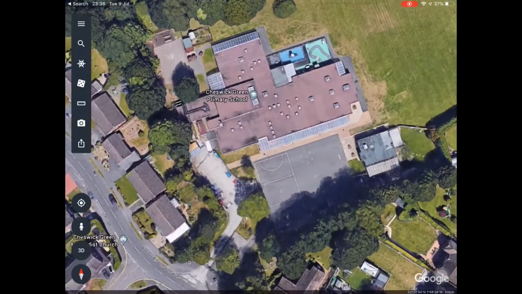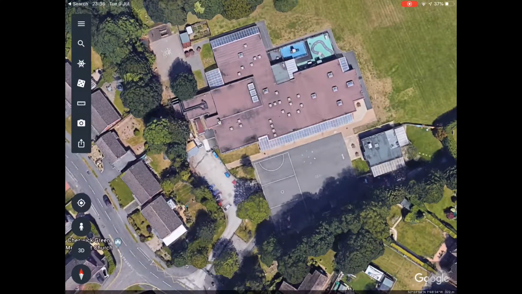Now that's a view from above. We can explore this in different ways. If you look at the bottom left hand side of the screen, it says 3D. That means go to a 3D version of the school. If I tap that,